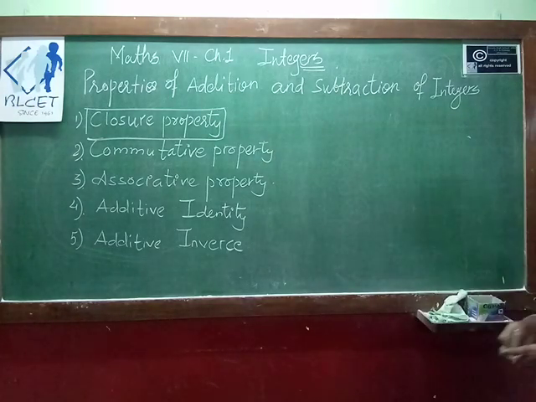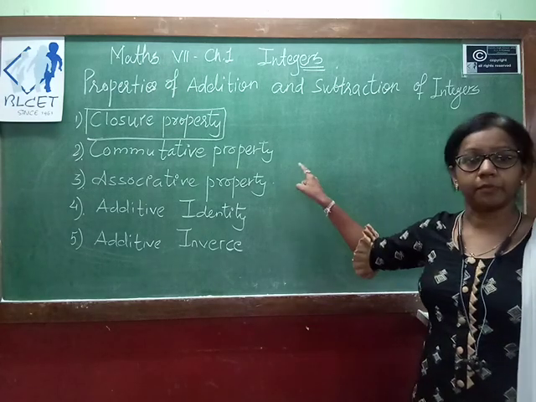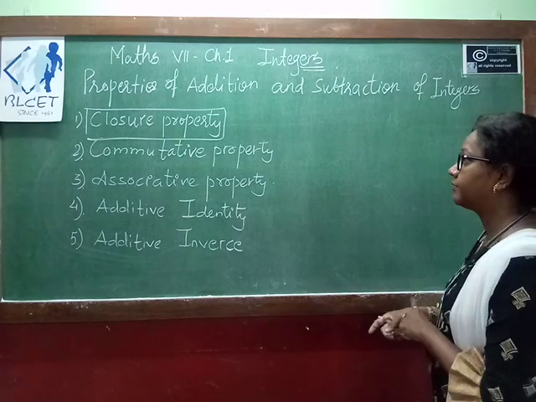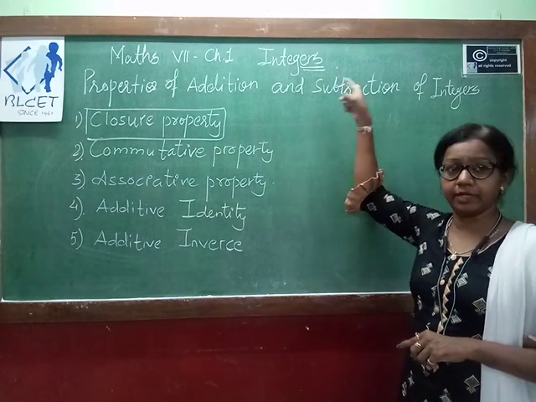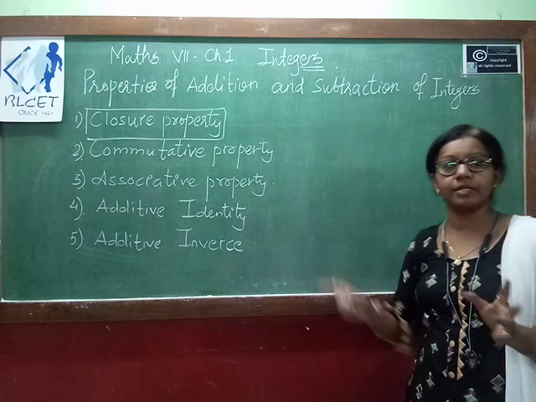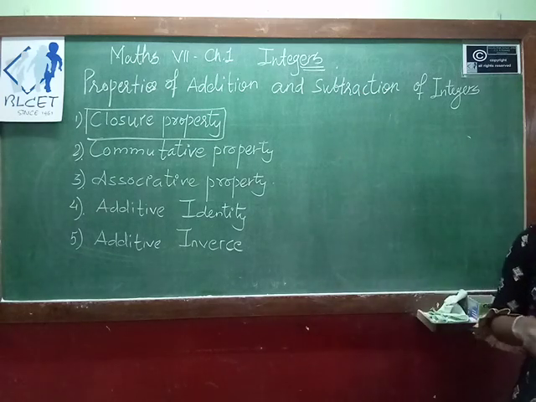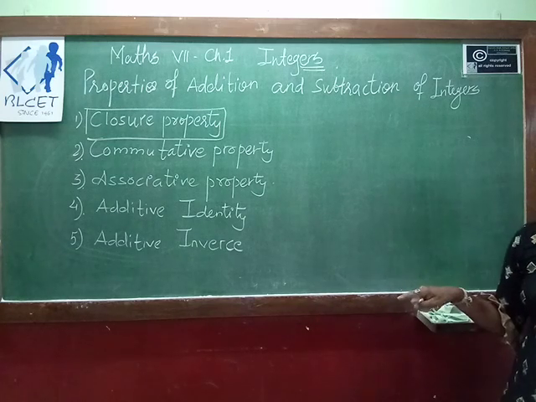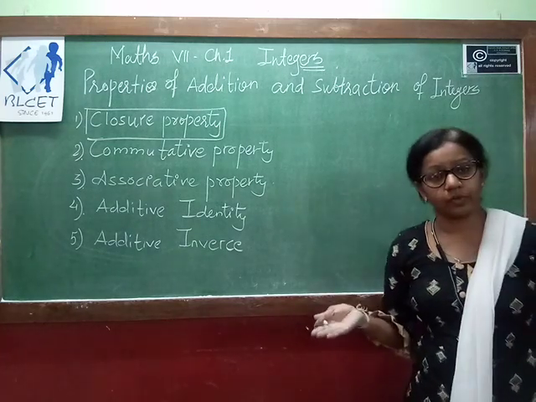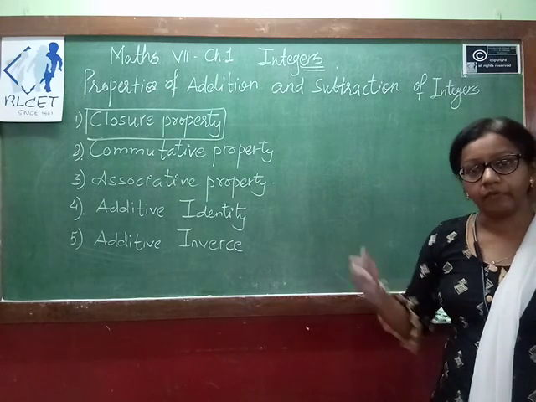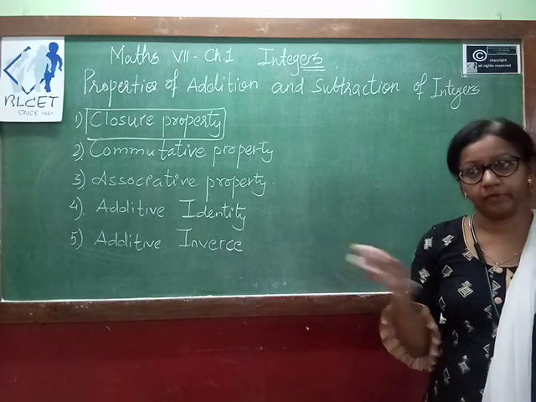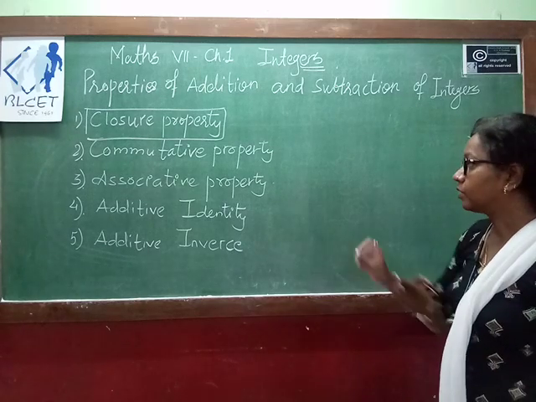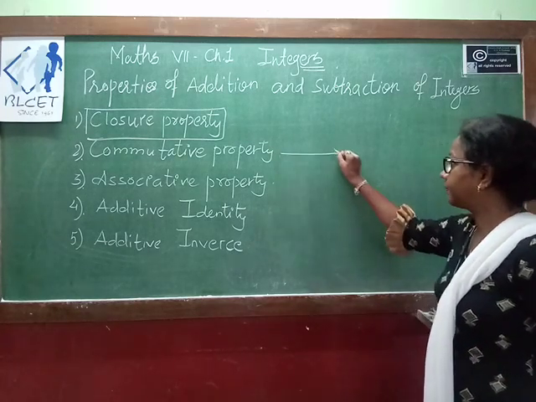Now move on to the second property, that is the commutative property. This also we understand with the help of examples. First we discuss addition, then we discuss subtraction, then whatever examples are given in your textbook, we will see. Whenever you see the video, please keep the textbook with you so that you can compare. Wherever I have given answers or homework, you can list it out there. So now we discuss the commutative property.